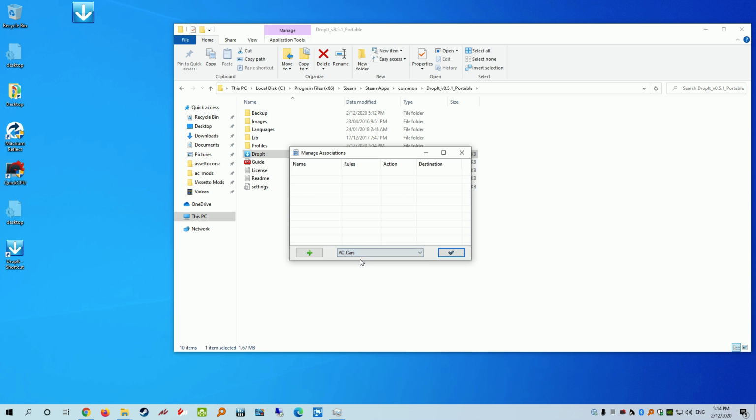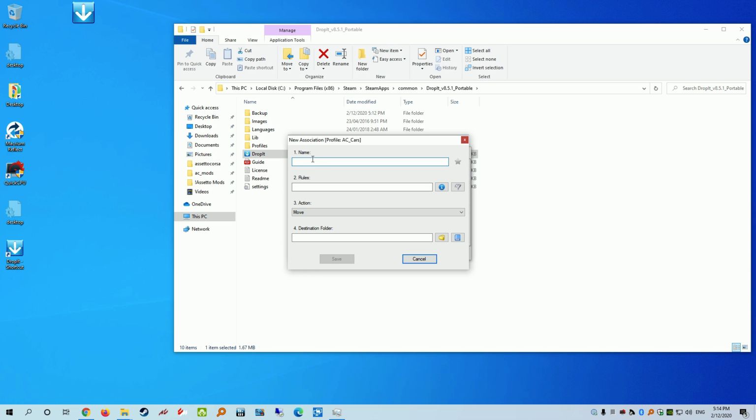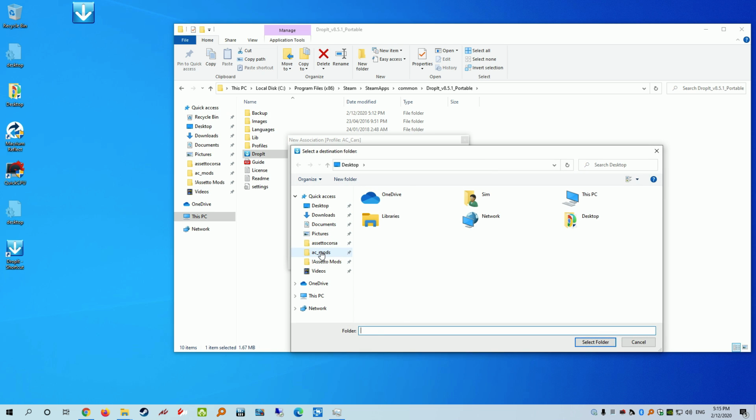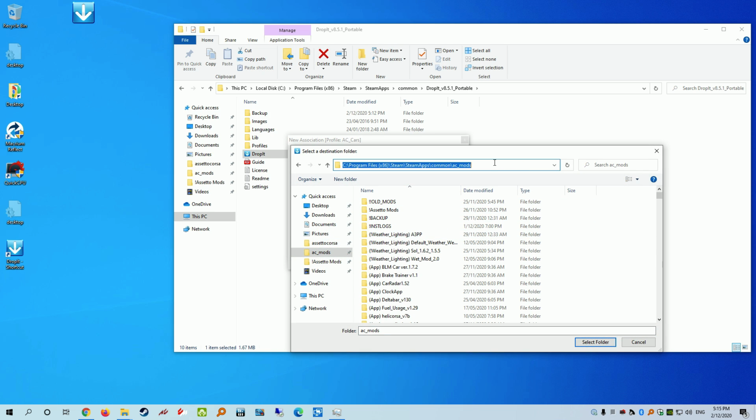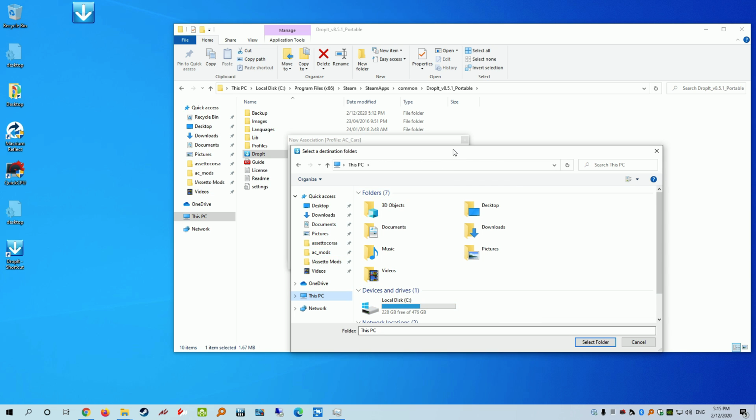We will select the cars profile first. Click little plus tab. So name, we'll call this AC Cars. Rules, put a couple of stars in there. Action, move. Destination folder. We want to make this destination folder the AC mods, so we'll go to that. Or if you need to navigate to it